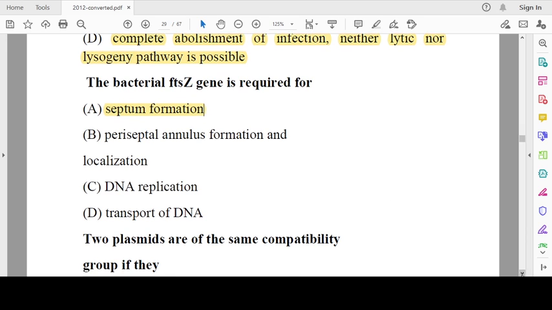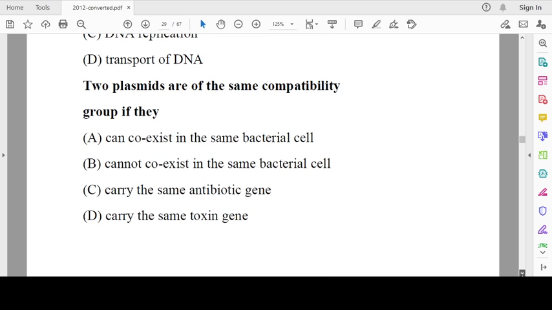Two plasmids are of the same compatibility group if they cannot coexist in the same bacterial cell. They cannot coexist in the same bacterial cell. It is the correct option. So the next thing is that